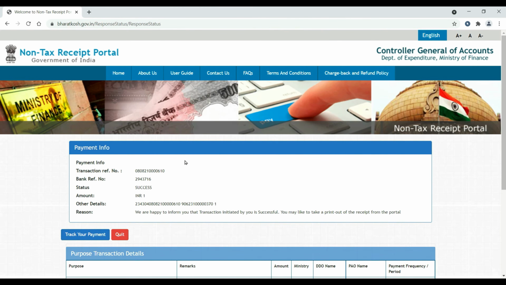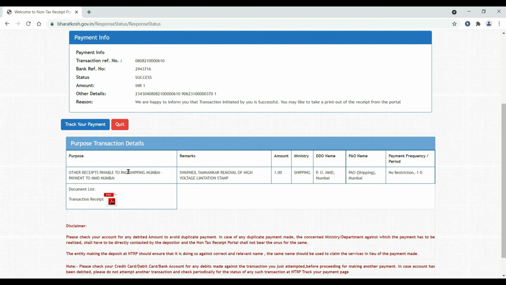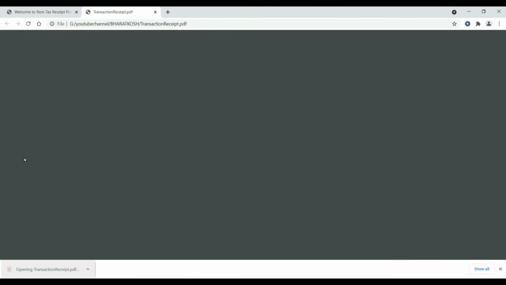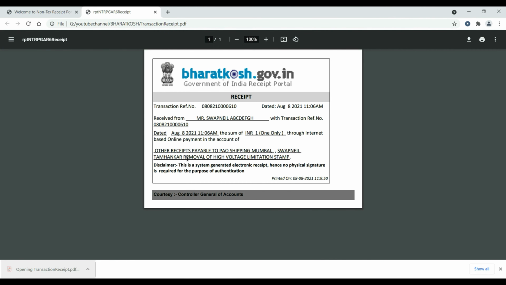You can see at the middle of the page that it is success. You can even download your transaction receipt over here. Just click on it and save it wherever you want as the transaction receipt, which you have to produce in printed form when you go to MMD for any purpose, be it exam or for high voltage.